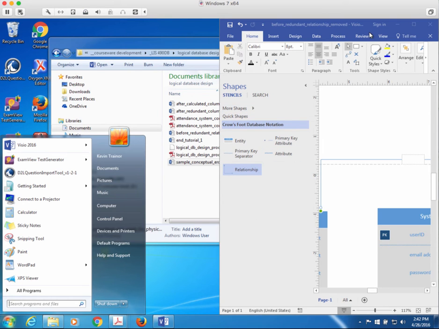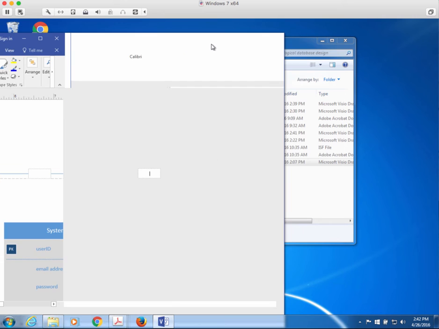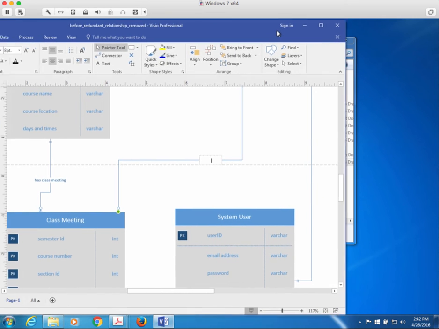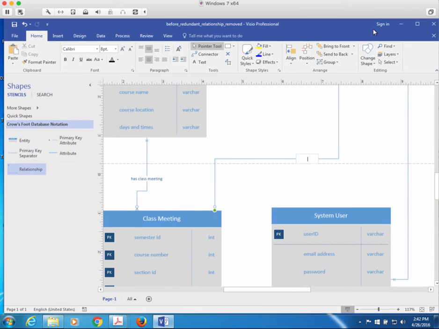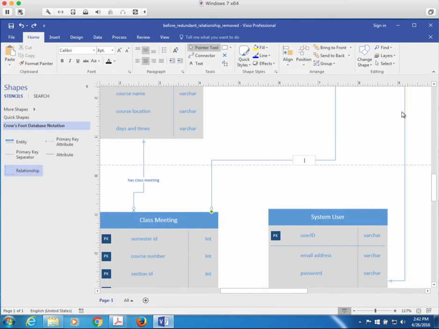Well, we mean that in the database, there are two different relationships that you could follow in order to know who the instructor is for a particular class